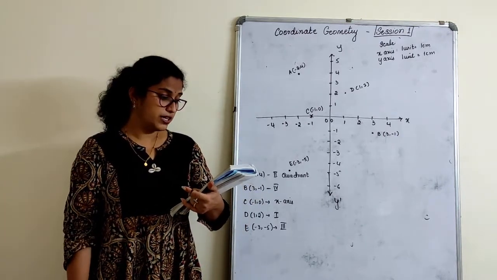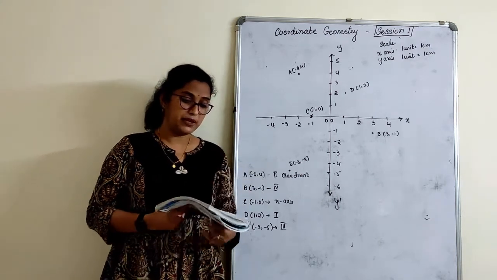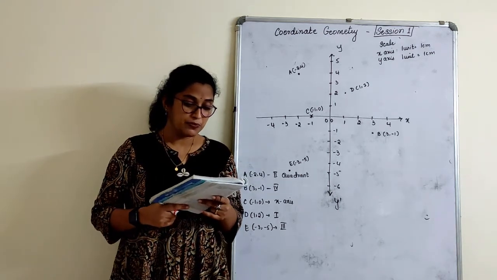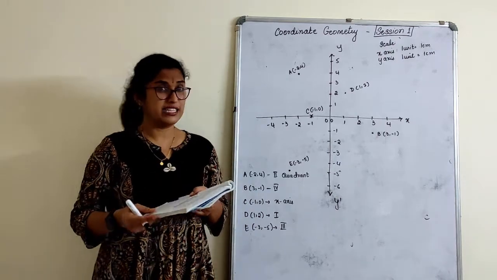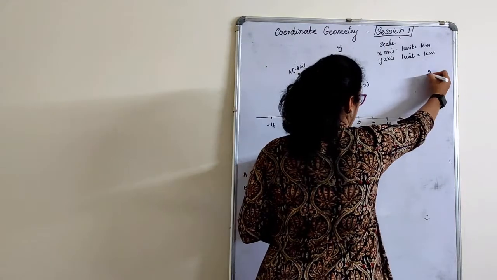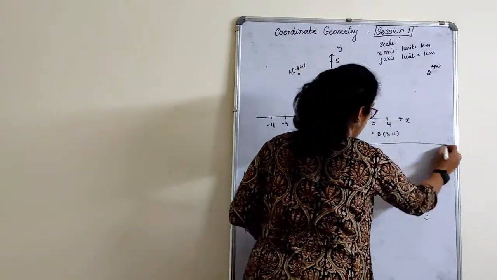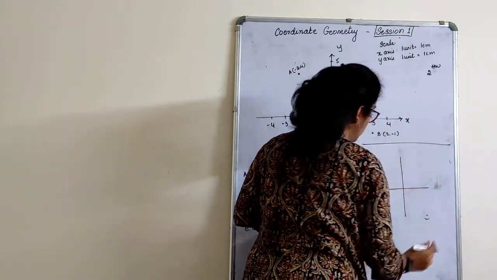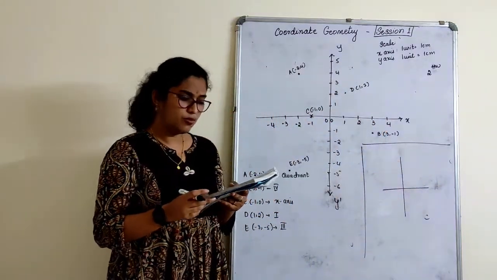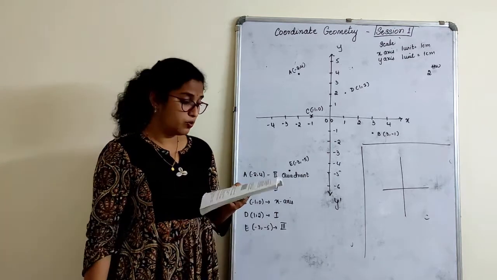Now children, the next one. Plot the points x, y in the given following table on the plane, choosing suitable units of distance on the axis. I think you can take this for homework, right? Second one. Now, how do you plot it here? Just see, a simple technique I'll tell you. Scale, what you can choose: 1, 2, 3, 4, 5, 6, 7, 1, same. 1 unit is equal to 1 centimeter.